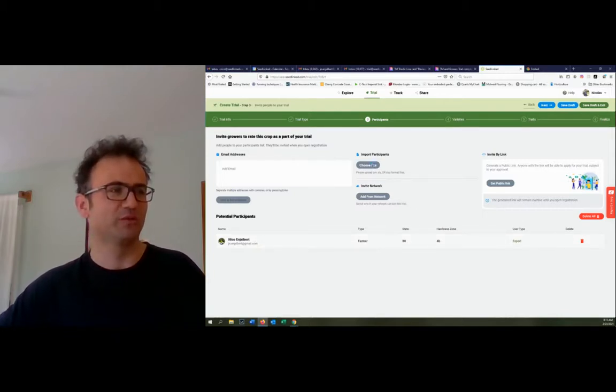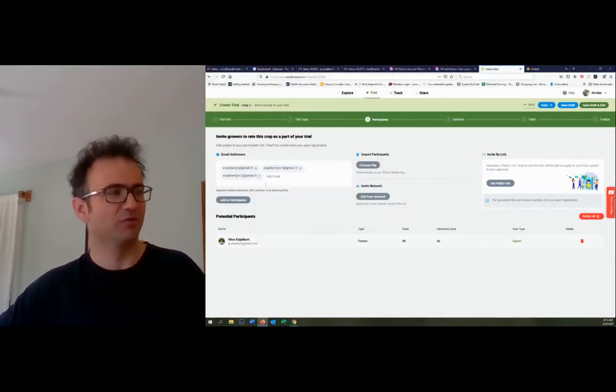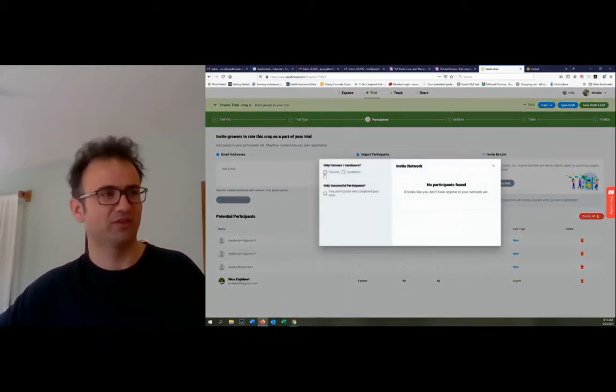You can import from here lists of emails like before, and they land here, and then you have to click add. And so you can see here if it's new people, it will be tagged as new. You can add from network. If you already have an existing network, you can add all your farmers, for example, all your gardeners,